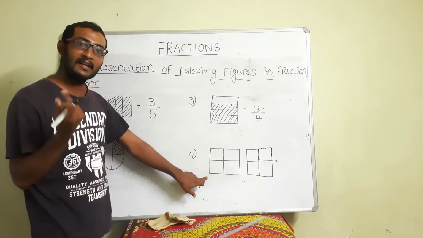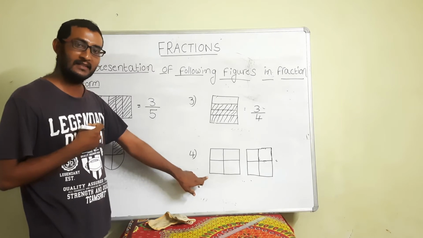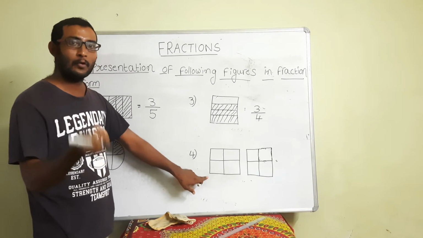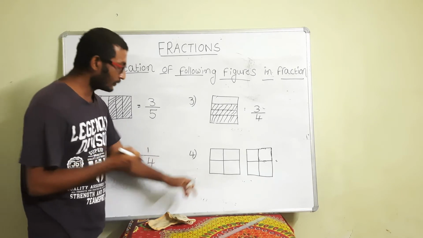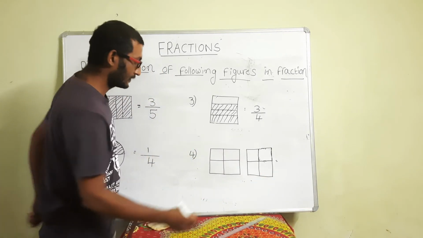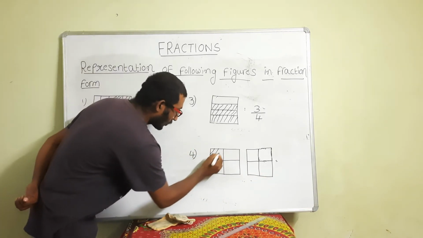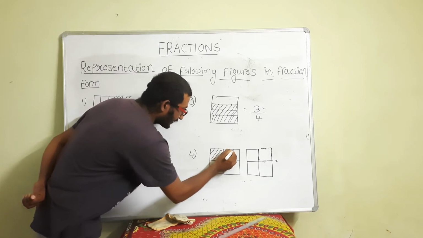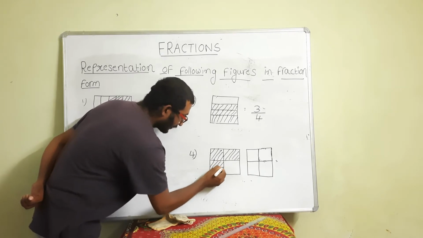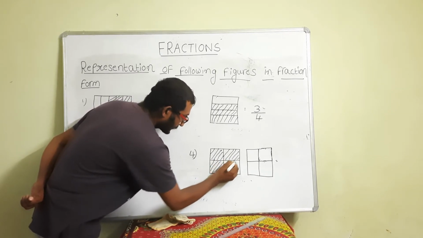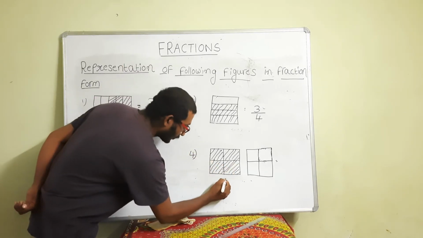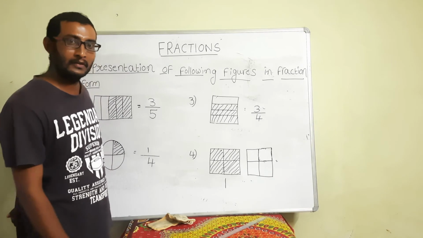Already I have discussed mixed fractions. Mixed fractions means a combination of a whole and a proper fraction. So see, this one is a cake, this one also a cake. The cross line indicates your taken parts. In the first figure, the total cake you have taken. That means total 4 parts you have taken. That means the whole cake you have taken.